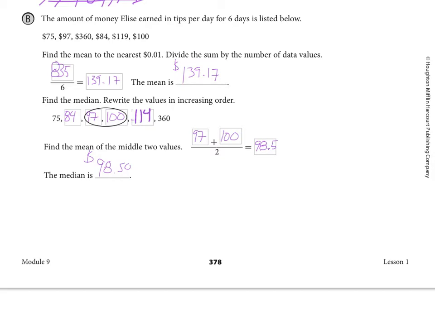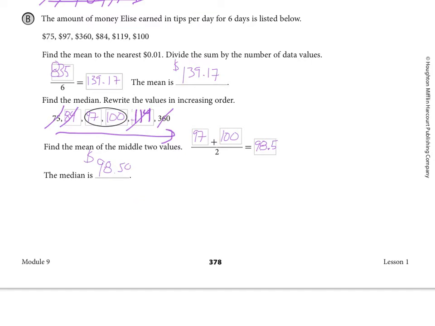And then for the median, I reordered her tips from least to greatest here in those boxes. And it came the middle, right? I take out the ends, and then again the ends. I'm left with this middle for the median, and I'm left with 2 numbers. So I want to take the average of those 2 numbers, which is 97 plus 100, and I'm left with $98.5